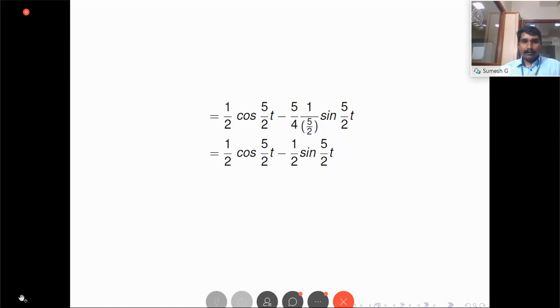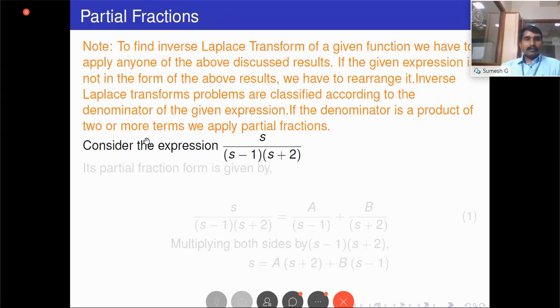So these problems are just refreshments of the corresponding standard results. But the actual questions are not of this form. So the partial fraction technique is the main key factor in the inverse Laplace transform topic, because all the inverse